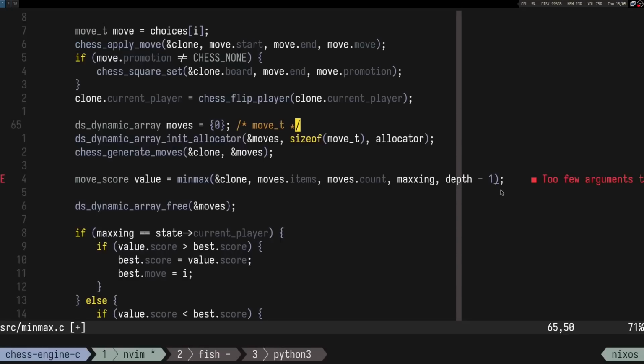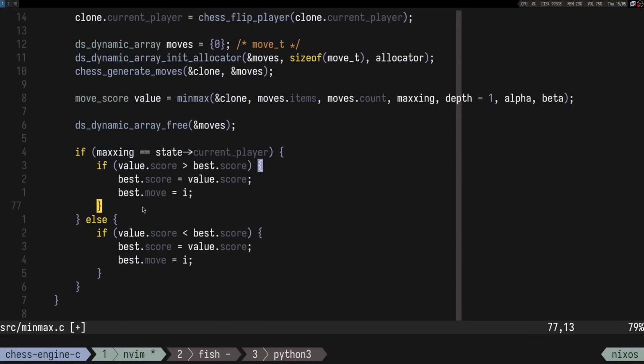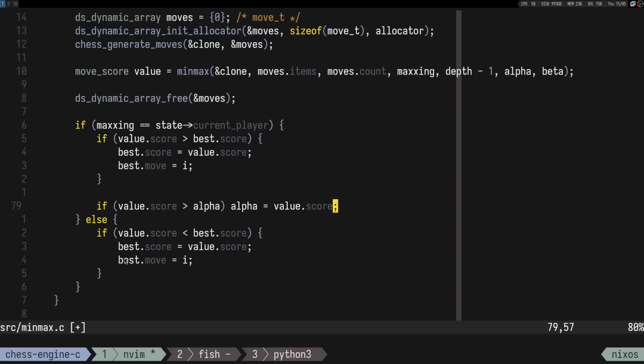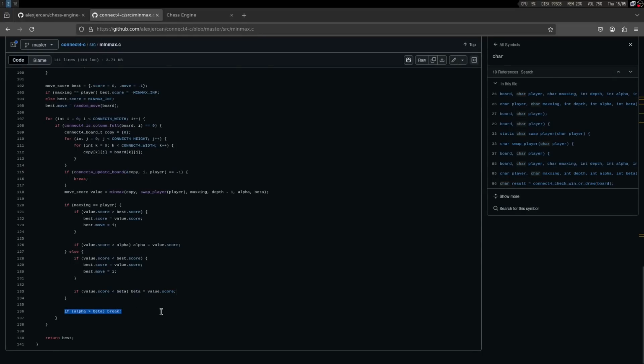When we recursively call, it's also alpha and beta, but we need to add these two things. So here, if score is better, score, and again, this alpha and beta, it's something like